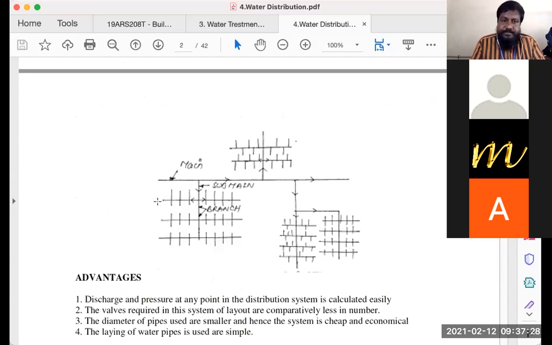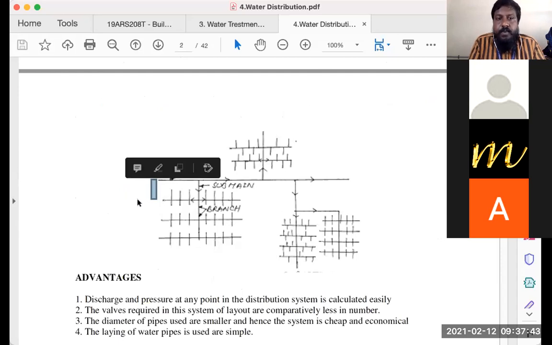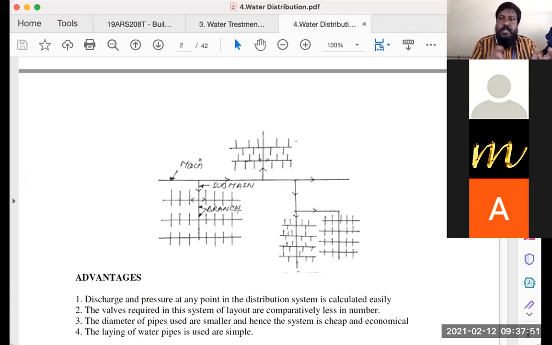A dead end system is nothing but, imagine the blue box which I'm showing you, consider that as the source of water. The water from here is taken through the main pipe, which goes into the sub pipes and is distributed. So imagine you have a locality where water needs to be distributed. This is the main road where the main distribution pipe is laid, and on the lanes come the sub main pipes, and then it is distributed to each of the houses. Those are the branches. So here, this is the dead end system.